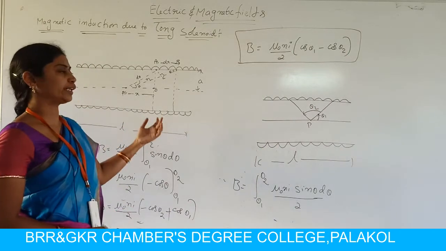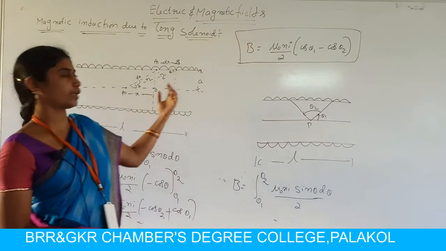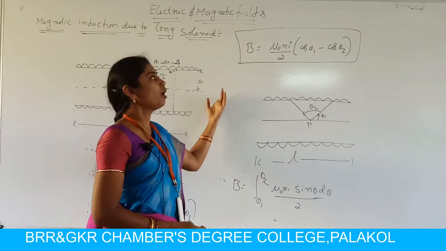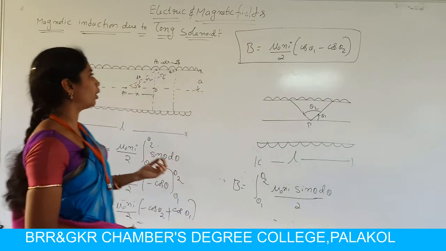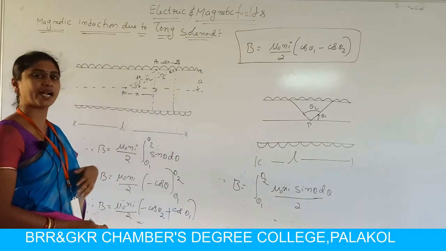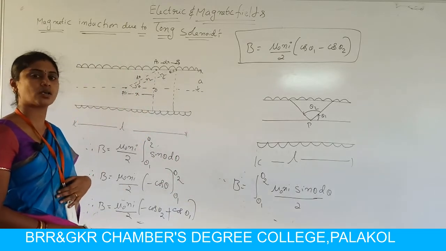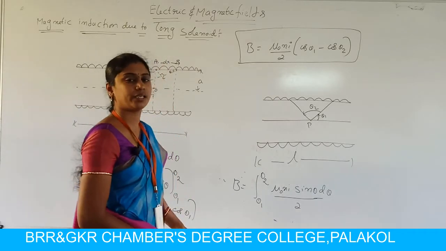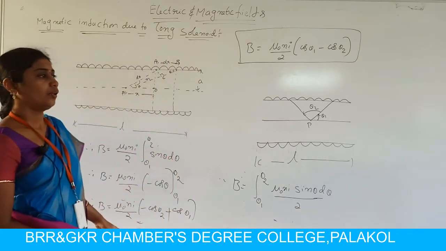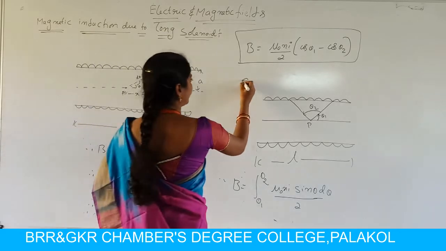The magnetic field induction for a long solenoid now becomes B equal to mu naught ni by 2 into cos theta 1 minus cos theta 2. I hope you are following the expression for magnetic field induction for a long solenoid. There are two cases that arise in this magnetic field induction for a solenoid. Case 1,